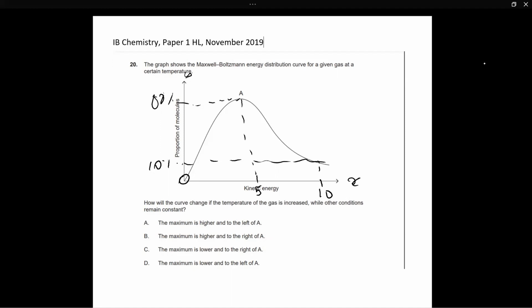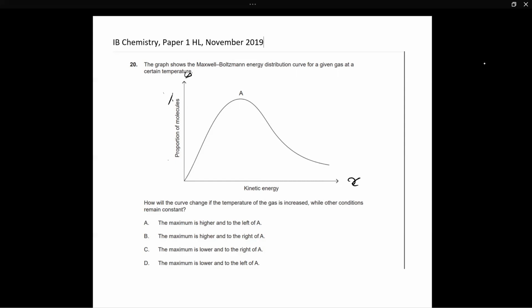So this proportion of that gas has this much energy, 10% of the gas has 10 kinetic energy, 80% has 5, and so on and so forth, right? So this is just a random example. I've taken very random numbers over here, and I've tried to explain what a Maxwell Boltzmann curve